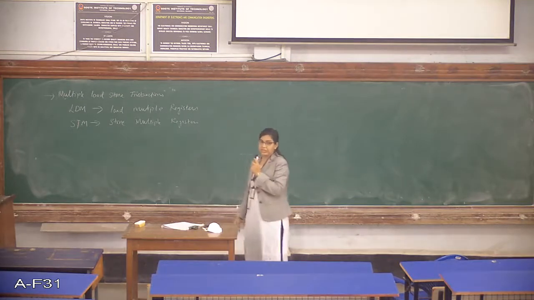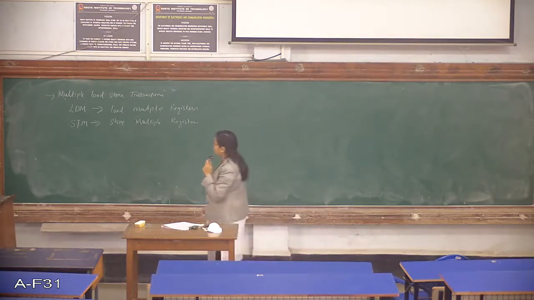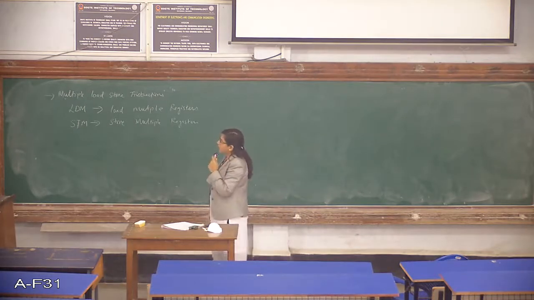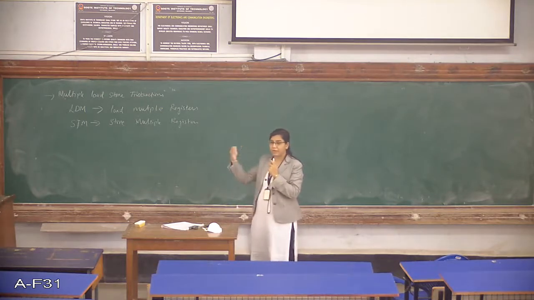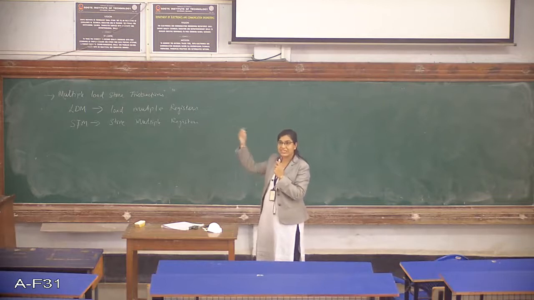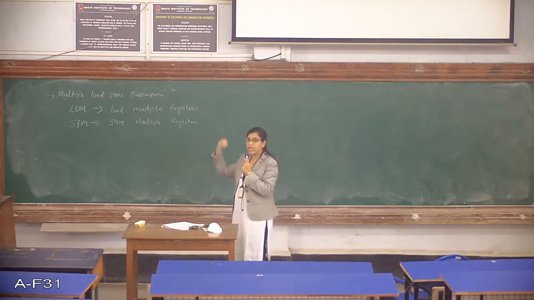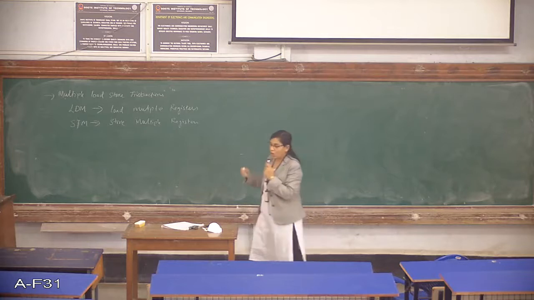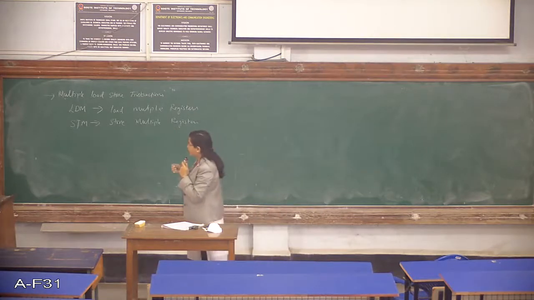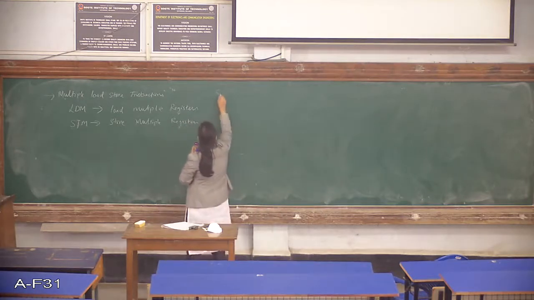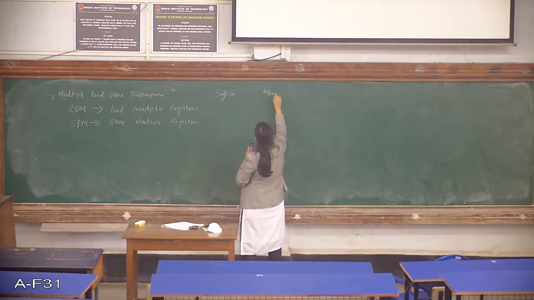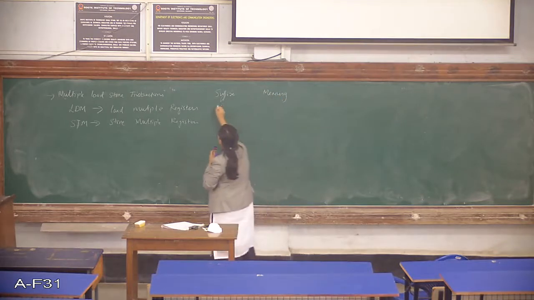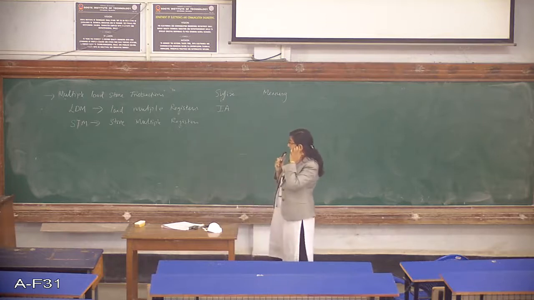So what are the different suffixes we have? It is based on how you want to store the registers in the memory one by one, either in an incrementing order or in a decrementing order. So we have different suffixes given to this instruction. I'll just mention the suffix and the meaning of that. The first suffix we have is IA. IA stands for increment after.